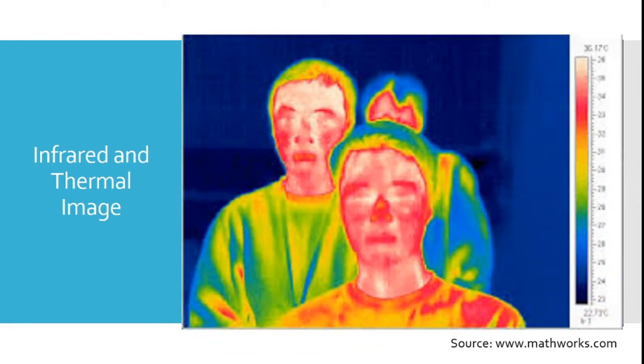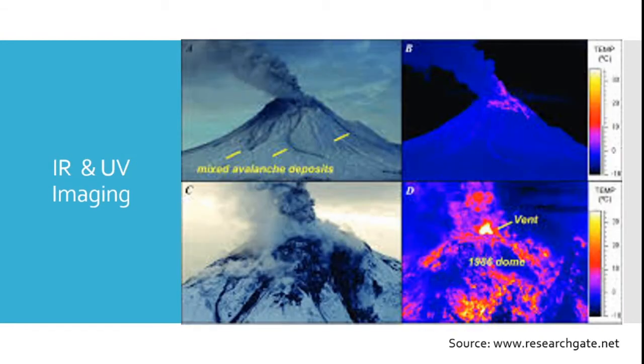In the recent COVID-19 situation, you have seen many places where body temperature was measured by thermal image scanning. So here image processing has to take place. IR and UV imaging are the most efficient way to denote the image processing scenario, where in the image you can find the volcano situation, and how the temperature has risen will be denoted in reddish form, which gives you ultraviolet image sensing.